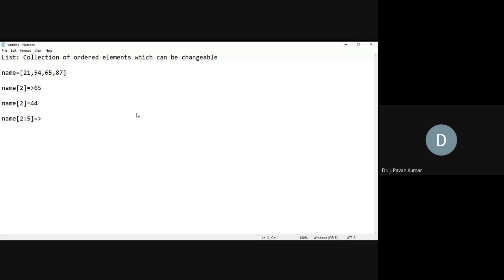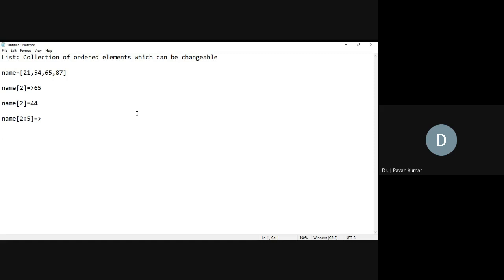What will be done whenever we have fewer elements, you work out and find out. Suppose you have only 4 elements, whether it will give an error, or give up to 4 and then some random value, or give up to 4 correctly and stop. These are the three possibilities. Either it may give an error because it is going beyond the range, or it may give some random value, or it may give only the allowed range like 2, 3, 4 correctly and ignore the remaining. One of these three possibilities will be there, that you try to work out.